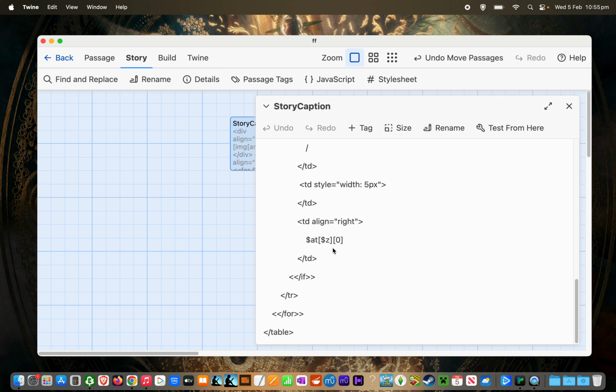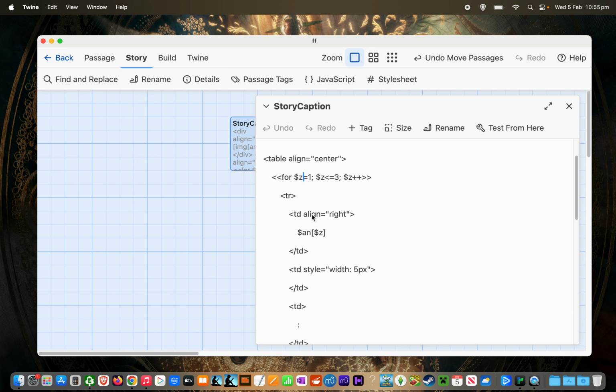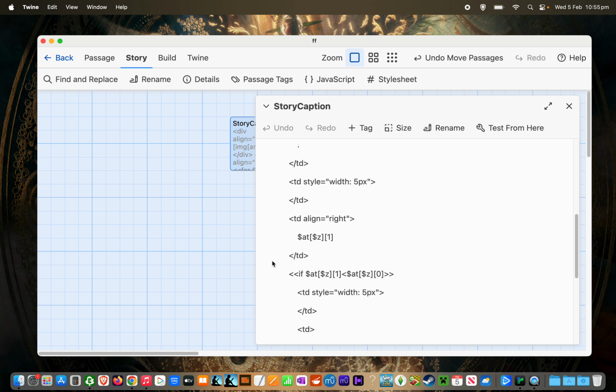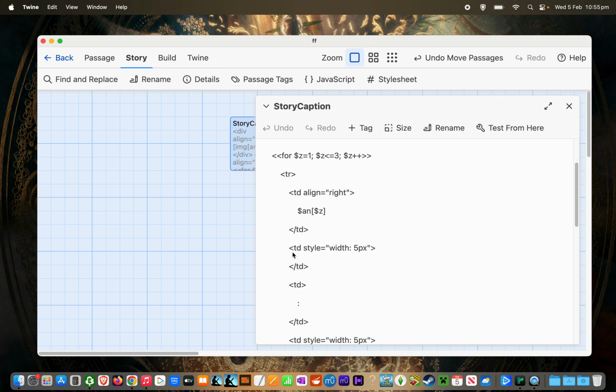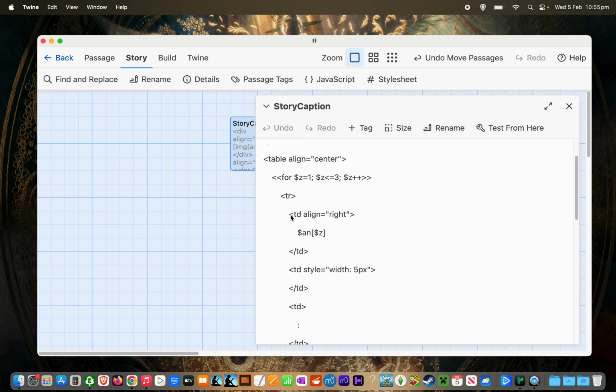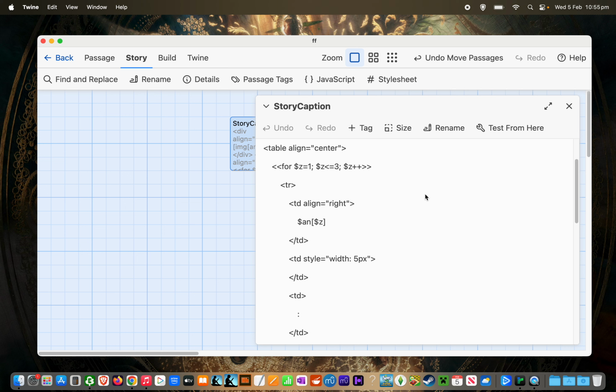Everything in here is within this loop, so we're just going to do the same thing 3 times, which is start a row, and then we're going to have a series of cells, which are the TDs. TR means start a new row in an HTML table, and TD means start a new cell. And then, of course, /TD means that's the end of that particular cell, and /TR means that's the end of that particular row. So we have a cell which is aligned to the right, and I've just got the name